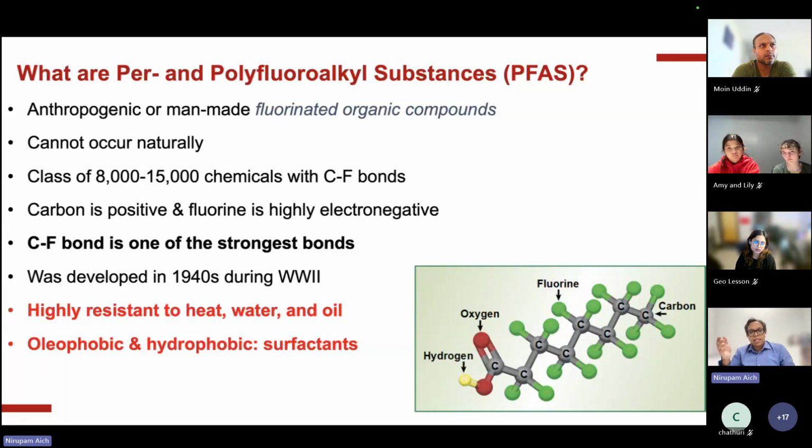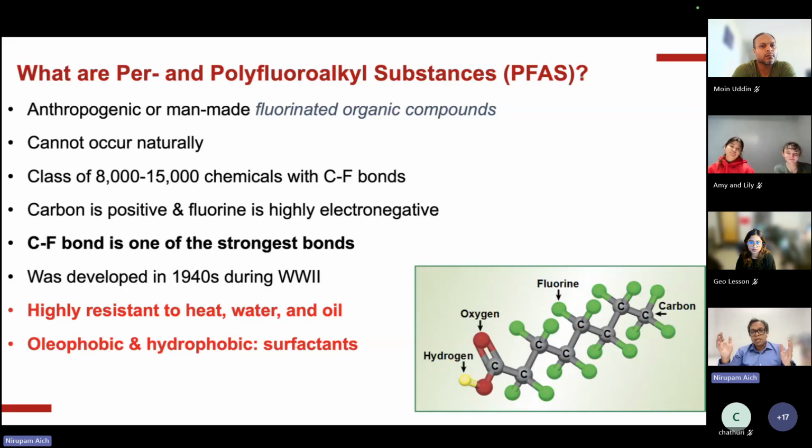The other thing was that they are highly resistant to water because they have long carbon chains, so they are very hydrophobic, but at the same time they are very oleophobic too. So you can create resistance to water and oil at the same time, which is really unique, highly hydrophobic, oleophobic. It's really a unique combination of things.